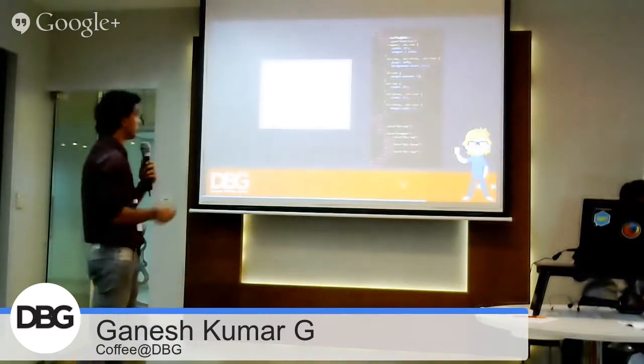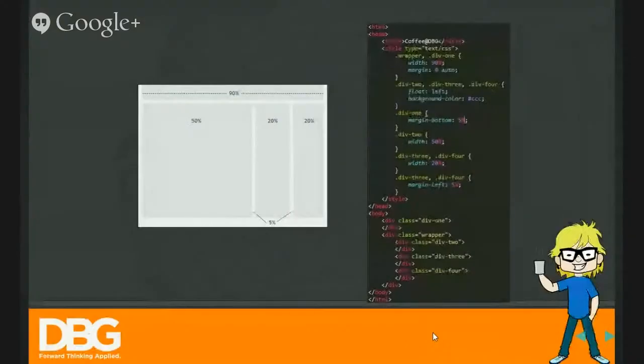This is an example. Here, I changed some of the structure. The top div has 90% of width, and these gutters are 5% and 5%, so 90% width. Then the inner divs have 50%, 20%, 20%, then 5% of gutter size.